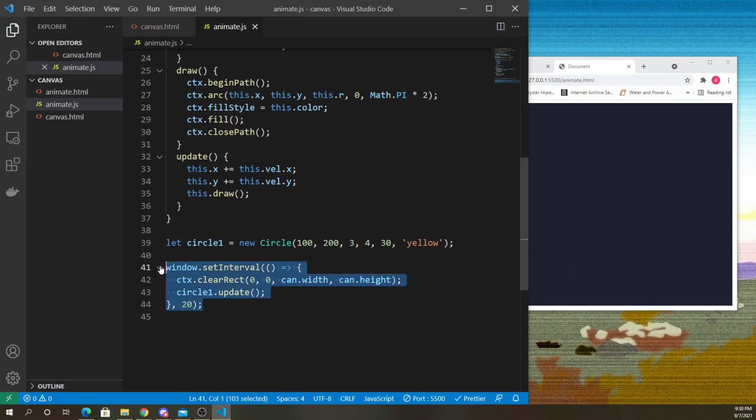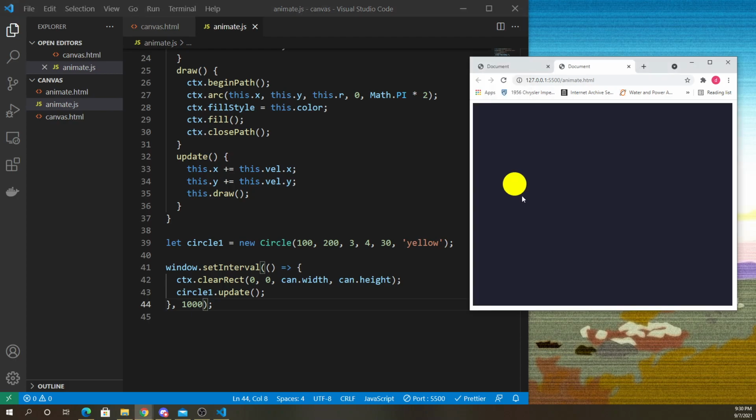Okay, so we're not going to be using set interval. With set interval, you could control the speed of it. You could say like 1,000. That will only move the ball every 1 second. You can see every second it just moves a little bit. But